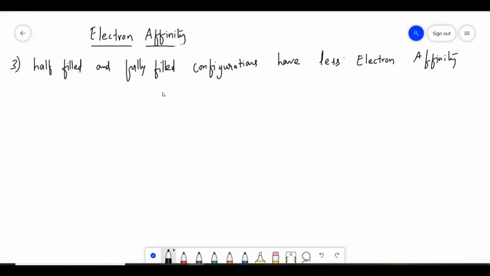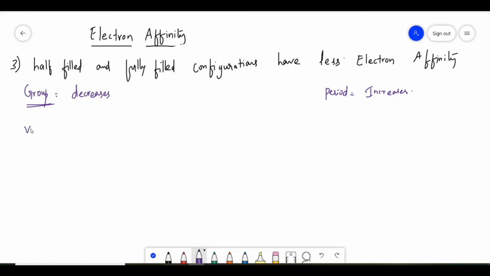Now let us see what happens to electron affinity in a group and period. In a group, from top to bottom, electron affinity decreases. And in a period, from left to right, electron affinity increases. But in the group, there are some exceptions, and we have to remember those exceptions. They are very important. So the first exception is